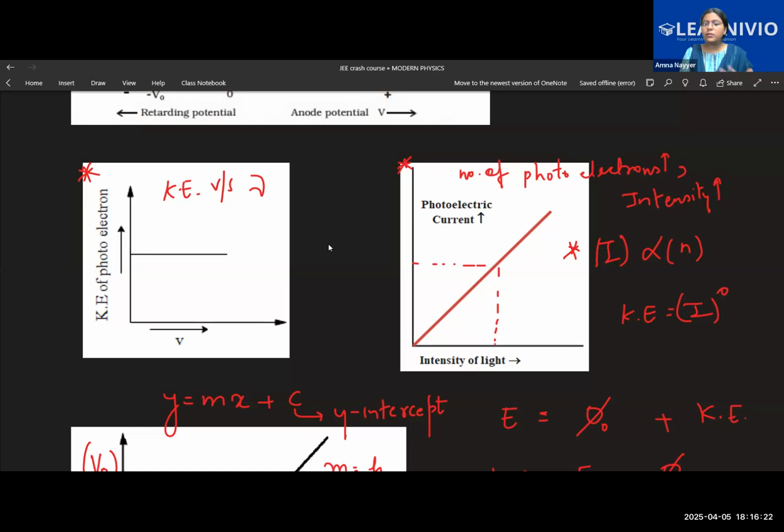And if you're able to solve the questions, it will give you a feedback on how your preparation is going on. Write down this and we'll discuss the questions. More than the numericals, from dual nature, theoretical questions have come this year a lot. And numericals have come from your atomic structure.